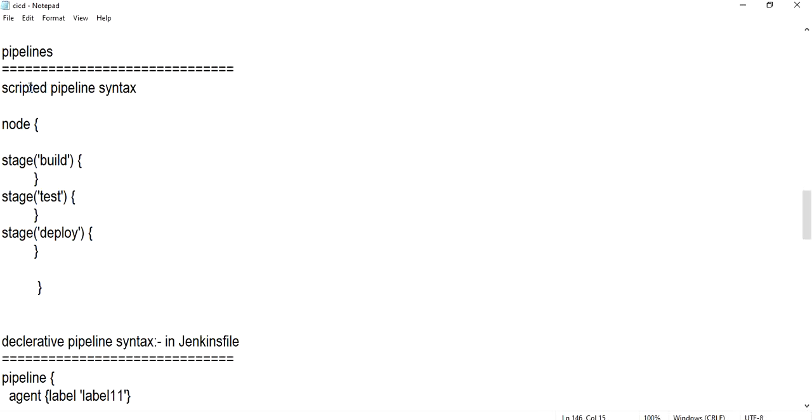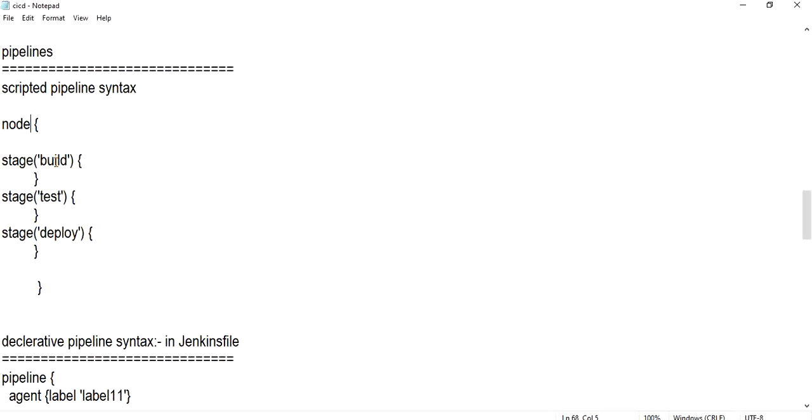The first line will start with the node. Okay, here where your project or job should be executed, which has to be defined in the node. And next there will be stages, different stages. These stages are considered as jobs in freestyle jobs. Okay, and in every stage you will have steps.